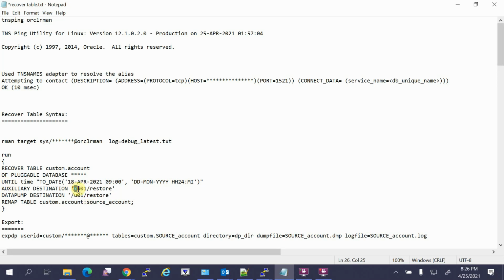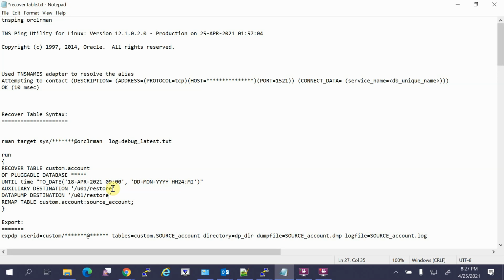Then you have to make sure that you have some space. For example, we have a 4.5 terabyte database, so at least you should make sure that less than half, maybe 2 terabyte or 1.5 terabyte, you should have, because it should restore, right? What is the advantage? In a traditional method, if you are going to restore, it is going to restore the complete 4.5 terabyte database on a different server.